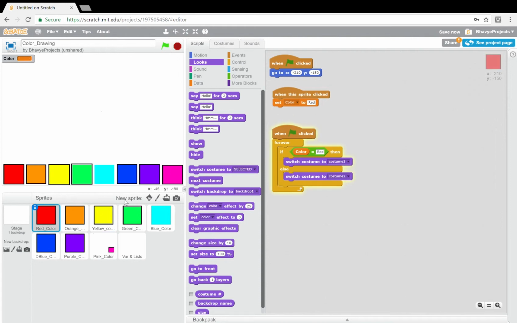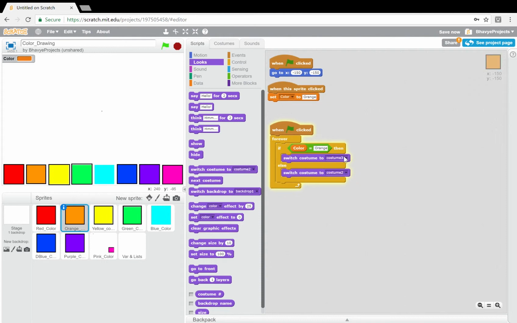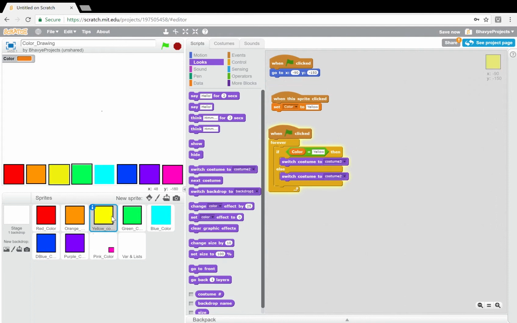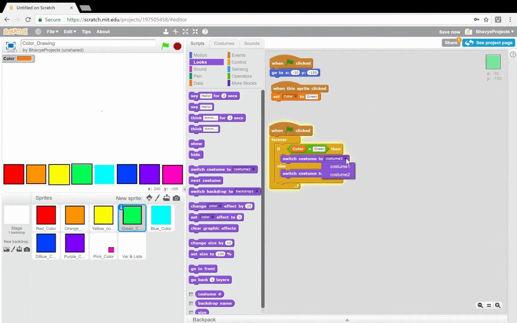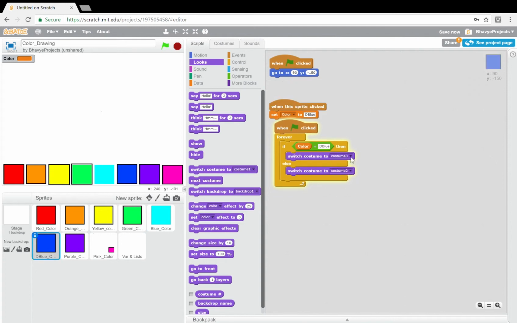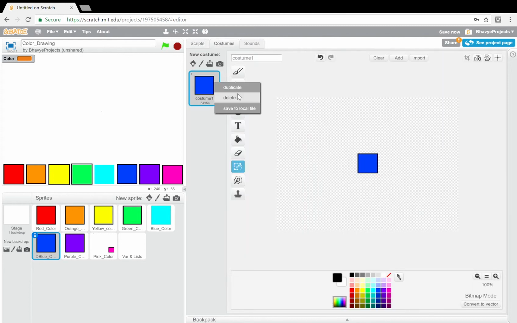Okay, yeah, and you've also got to change the costume name. So this is color, and this is going to be selected. Now this is going to be costume 1 and costume 2. This is going to be costume 1 and costume 2. This is going to be 1 and, well,